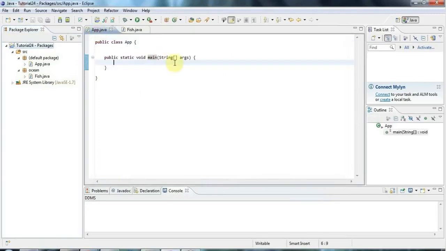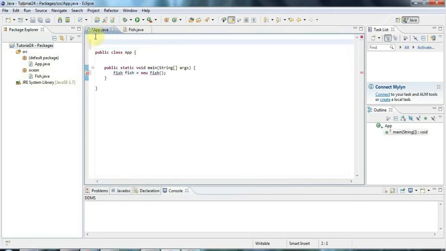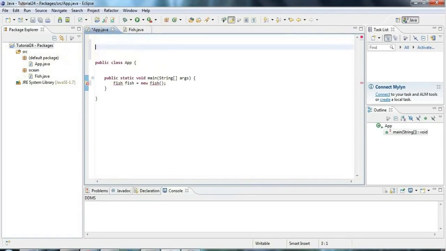So now let's actually use the fish class. I'll say fish equals new fish, and I'll get an error initially. But what I have to do is, after any package statements that might be here, and actually in this case, because app is in the default package, I haven't got a package statement, but if there was one, I have to type other statements after that. And in order to use things from the ocean package, I need to type import ocean.fish because I want to use the fish class from the ocean package. And now my error's gone and we're fine. Let's create another